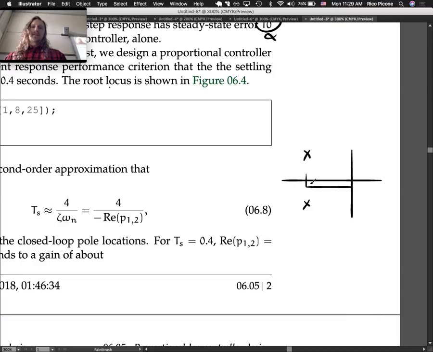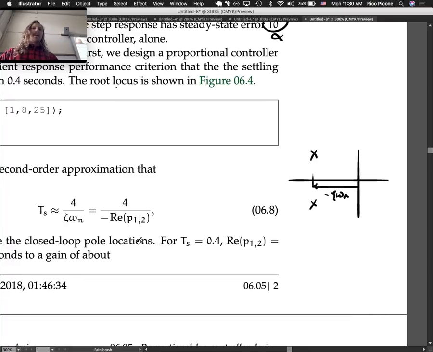This distance, the real part, is negative zeta omega n. So we just want the real part of those poles to be such that 4 divided by that gives us